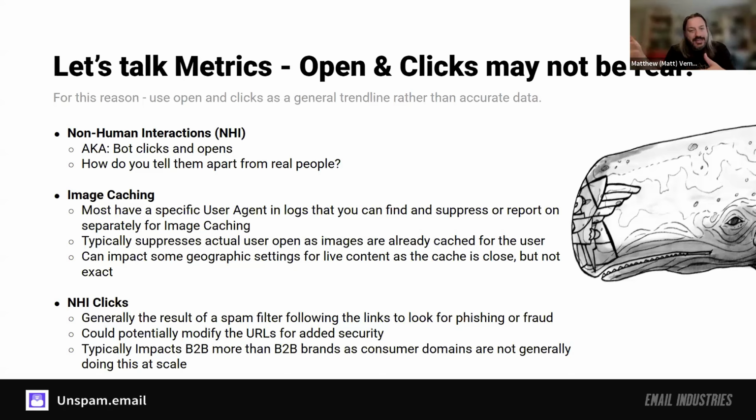But what does that do? It basically says, oh, look, there's all these people that opened your email because they've downloaded them and they've cached all those images, including your open beacons. So you're seeing an inflated open rate. You're seeing an inflated request for those open beacons. And you need to account for that. There are services out there that will try to help you determine, is this a bot that asked for this image, or is it a person that asked for this image? Some ESPs filter them, some ESPs don't. And that's really a question to have with your providers.